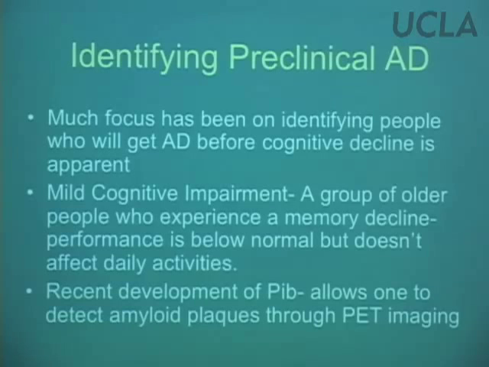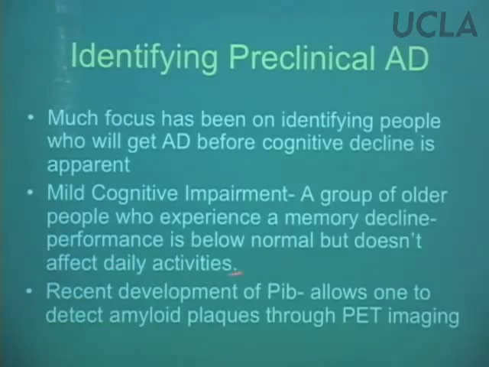Okay, so the very last thing I want to talk about is identifying preclinical AD. And why is this important? Well, by the time you start to show signs of AD, you already have substantial amounts of cell death. And even if we do find treatments where we can halt the disease process, there would be a loss of function. So optimally, before the person is really impaired, we would want to start these treatments. So an important focus of research is to identify people who are going to get AD very shortly, so preclinical AD. It's been a big focus.